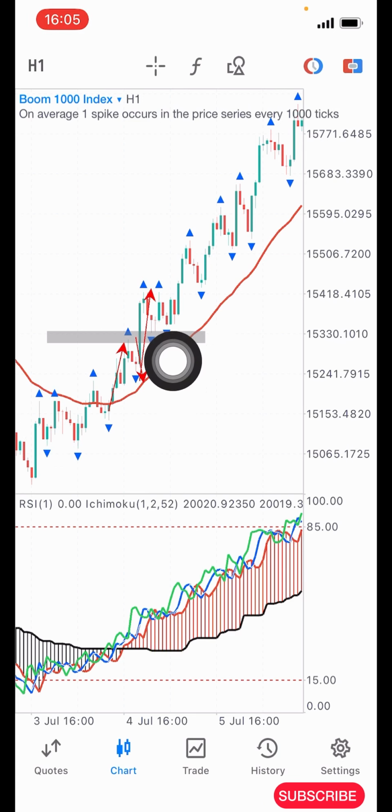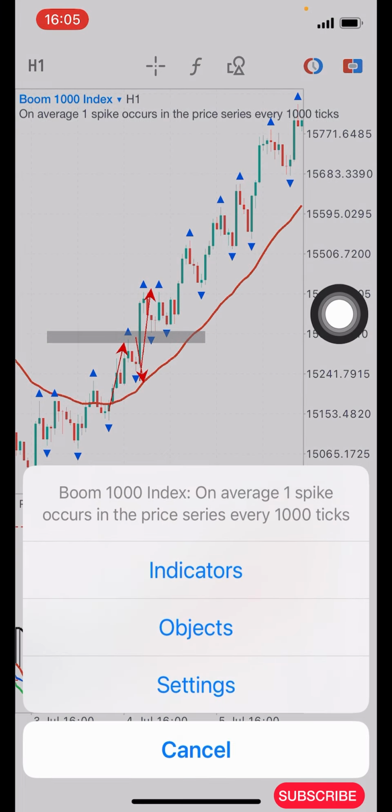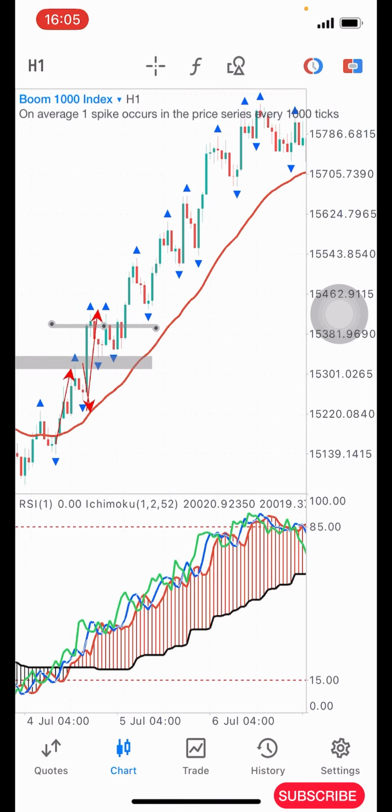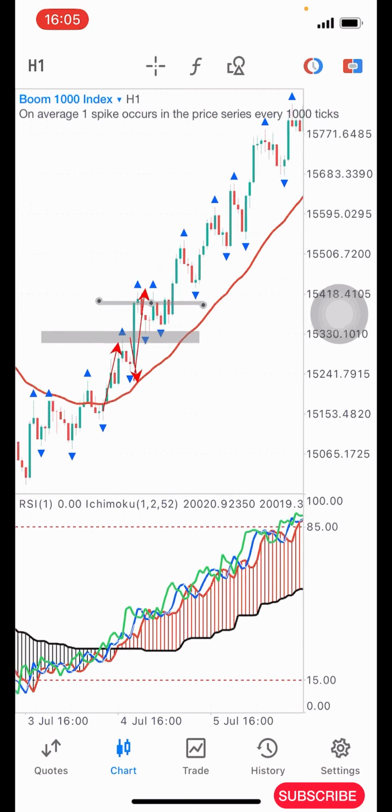Once it breaks above and closes above this structure after the retest, that is when you should go in. So this is the candlestick we are going to be taking our entry from, this area here. Immediately that candlestick closes above that structure, you take your buy and you hold till you see,